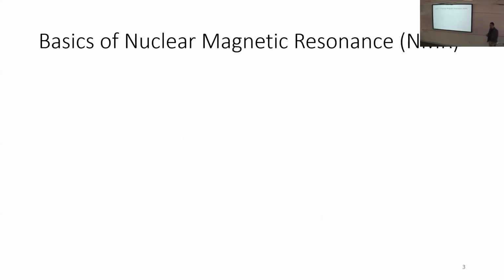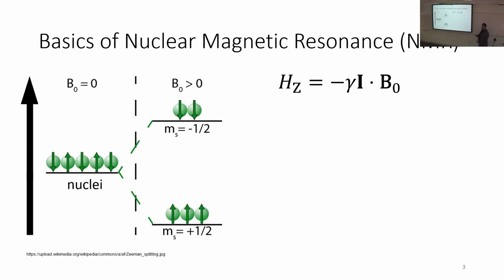And so first, just a little bit of basic background on nuclear magnetic resonance, usually the most common type of nuclear magnetic resonance. The effect in NMR is based off of the Zeeman Hamiltonian, which is given here. The gamma here is the nuclear gyromagnetic ratio, I is the spin angular momentum operator, and B0 is an externally applied magnetic field. So if you imagine you have a crystal system full of spin one half particles arranged in any random direction that they like, if you apply an external magnetic field, which is this B0 here, you'll induce